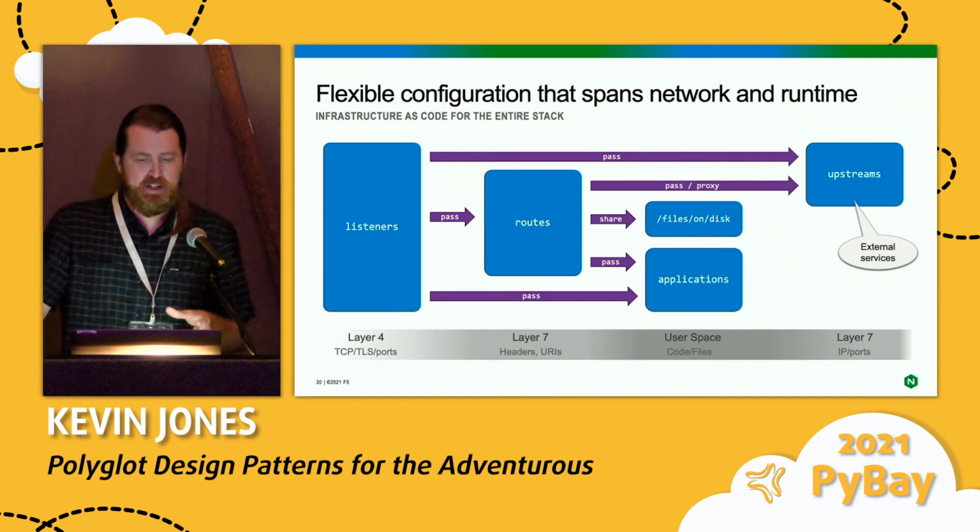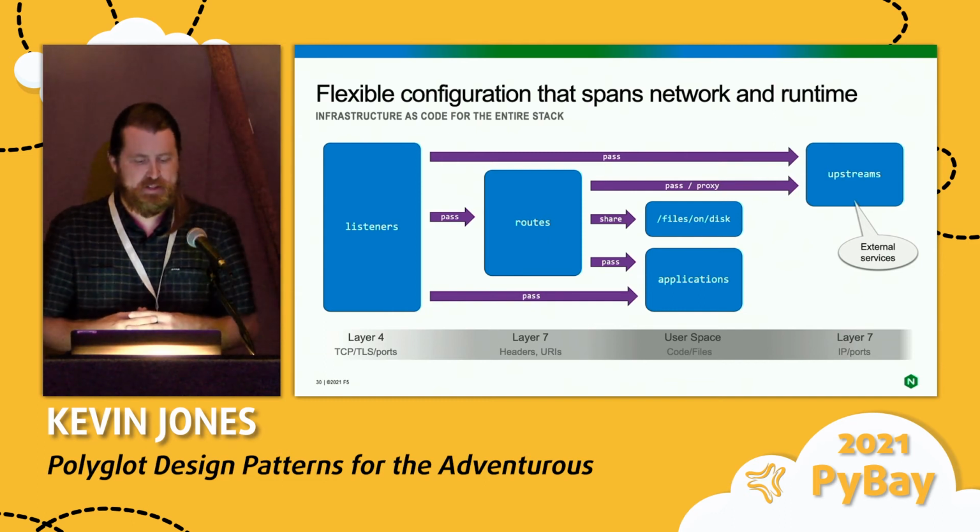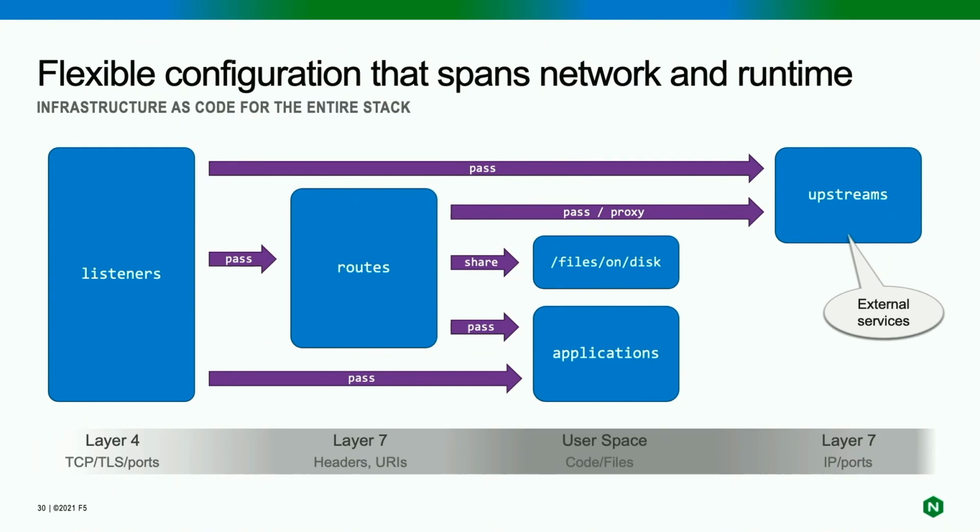If we look even deeper at how that works, there's what's called a listener. NGINX Unit has a listener that's listening over TCP or TLS, and it's accepting connections over the network, obviously. It has the ability to pass those requests to routes, which can be layer 7, so HTTP layer 7 URIs that can do specific routing to different versions of an application, or it can even go outside and pass to an upstream. That's where NGINX Unit can do load balancing and outbound proxying